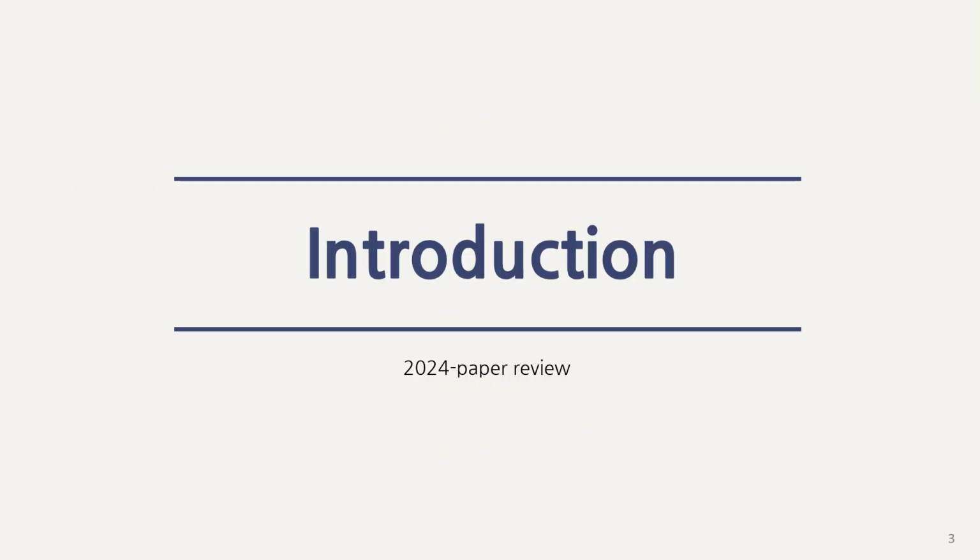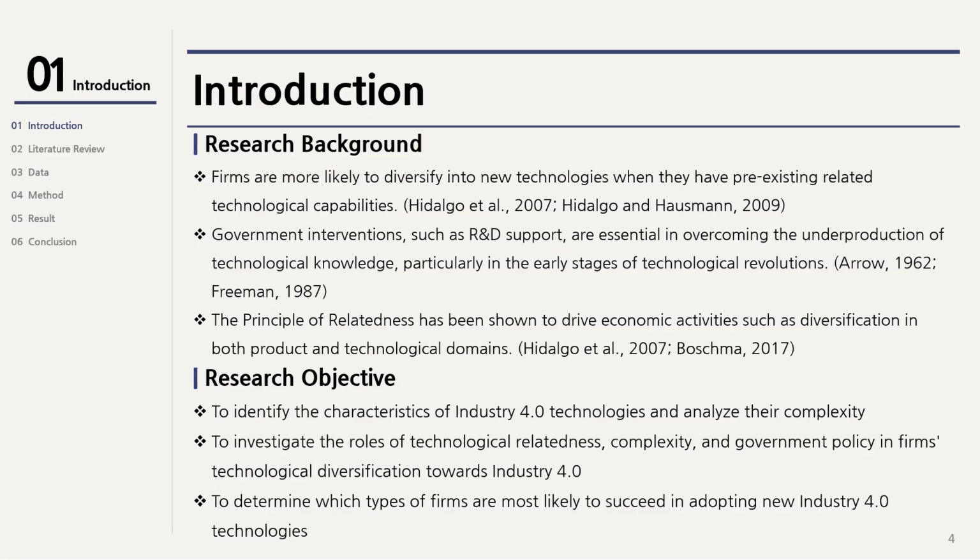Let's do the introduction. Firms are more likely to diversify into new technologies when they have pre-existing technological capabilities. However, adopting Industry 4.0 technologies is not just about existing knowledge. Factors like technological relatedness, complexity, and government R&D support play crucial roles. Moreover, government interventions are particularly important in the early stages of technological revolution, helping firms overcome the risk and uncertainties